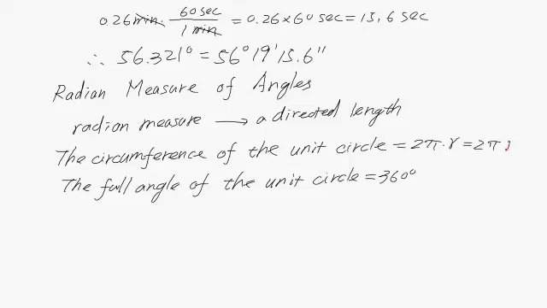Sometimes you may write rad for the radian measure. So this should be the same thing. So that means 2 pi radians is just equal to 360 degrees. And you divide both sides by 2. Then you know pi radians is equal to 180 degrees,